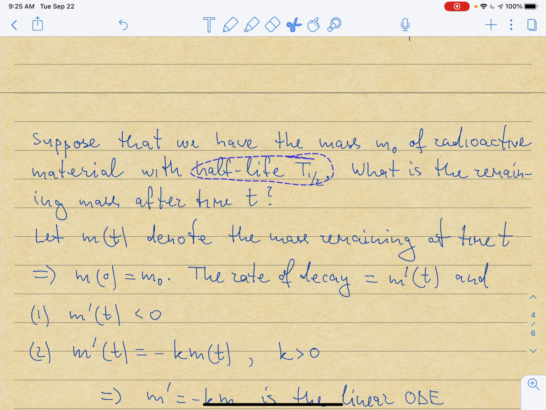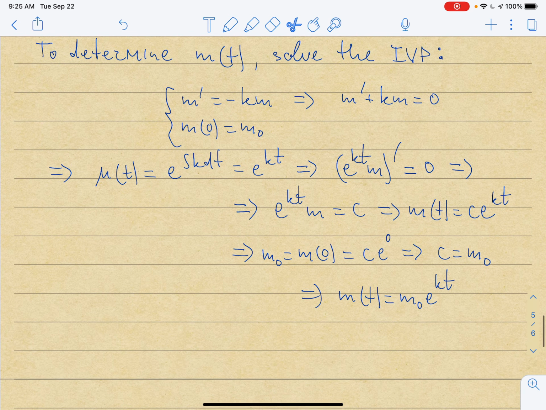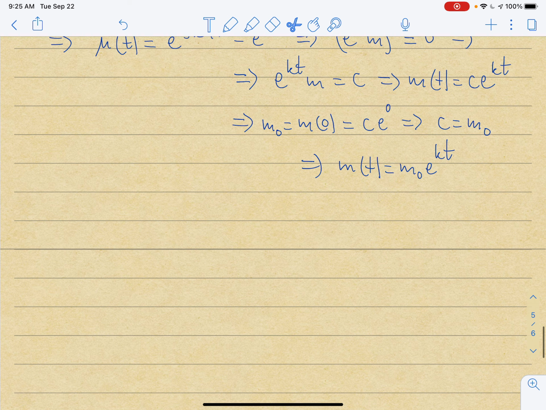So half-life must be related to k in the sense that both prescribe the rate of decay. So somehow we should be able to connect half-life t 1/2 and k, and let's do that now. So to relate k to t 1/2,